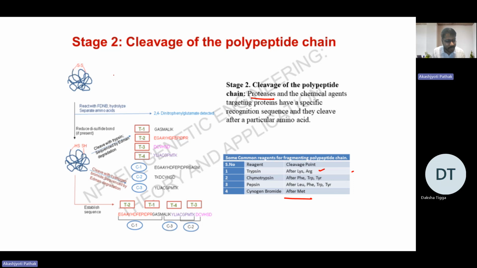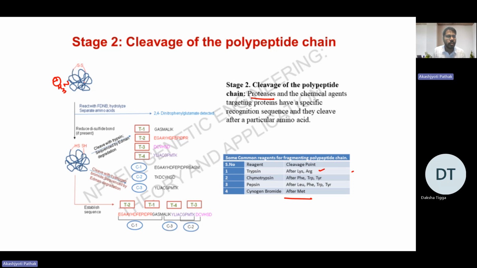What are the different methods by which you can sequence your protein? Your first method is that you can treat your protein with FDNB, which is what we just discussed, the Edman degradation steps. When you treat with FDNB, the free amino terminal end of your protein, this free NH3 plus group, which is the first amino acid, will react with FDNB and form a derivative, which can be detected and its amino acid can be